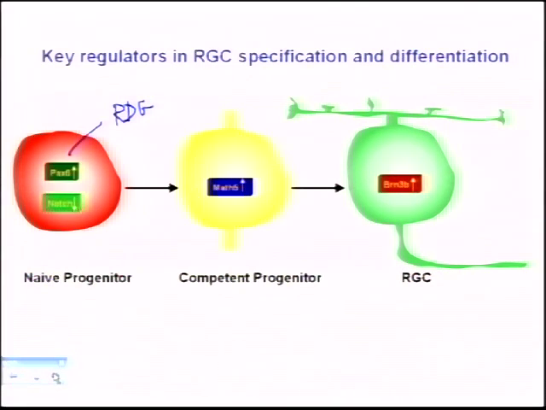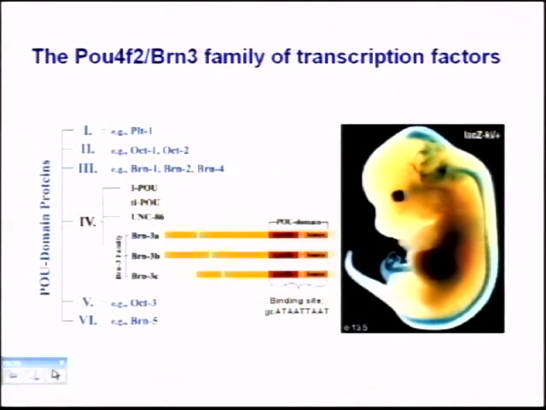They represent very strong nodes in a gene regulatory network. And let me talk about these two factors just briefly. POU4F2 Brn3b is part of a family of transcription factors. And I won't go into all the details of the family, but they're transcriptional activators. They have POU domains and homeodomains, a POU-specific domain and a POU homeodomain. Brn3b or POU4F2 is shown here. It binds to a specific promoter element or enhancer element on cis-regulatory elements and activates gene expression.